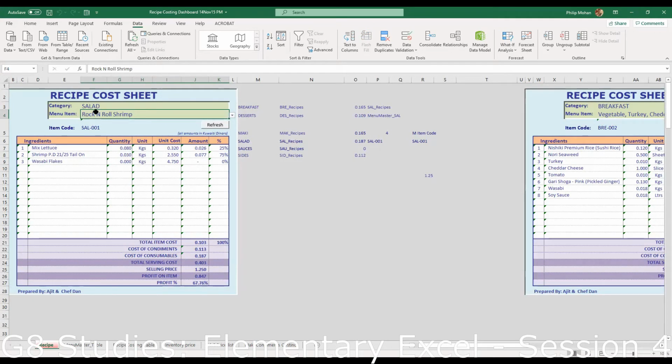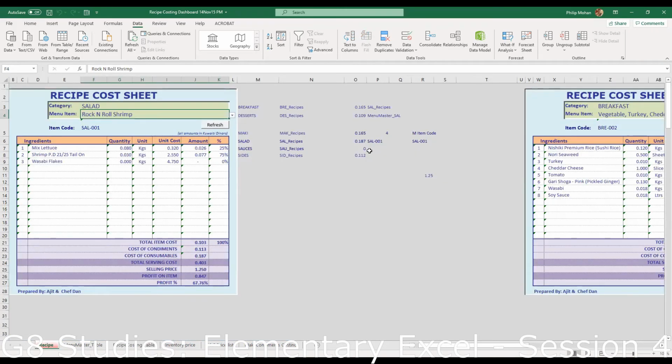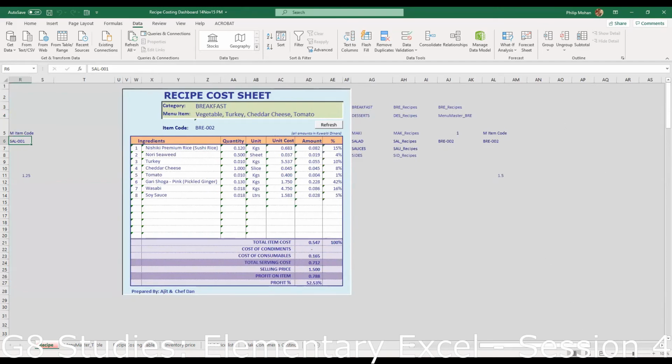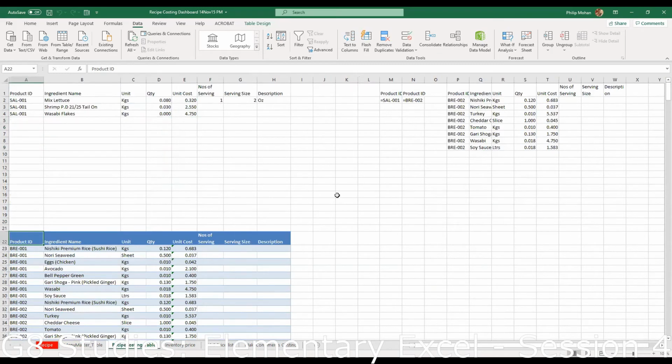Now I've got to find out, because of these two tables, I'm getting a bit confused. Yeah, mixed lettuce, shrimps, and wasabi. Where did that come from? That's a good question. I must be having it here. Salad. Oh. Have I hidden anything here?